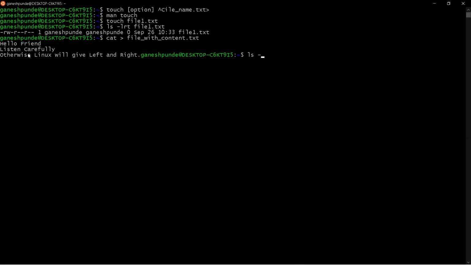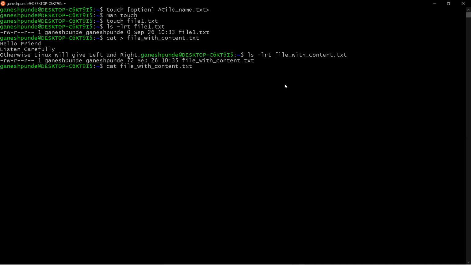If I say ls -lrt file_w, you can see the file is created. Now I want to view the content of this file, file_with_content. I can use the same cat command, and I will say cat file_with_content, and I can see: hello friends, listen carefully, otherwise Linux will give left and right.